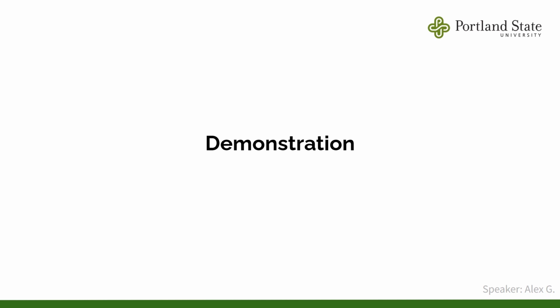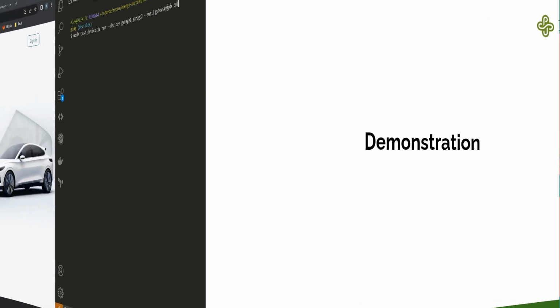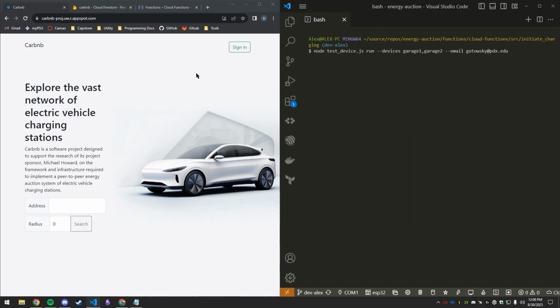And the best way to illustrate the system would be with a demonstration. So here we are with the production site for CarBnB on the left, and on the right side is a terminal that I'm going to use to emulate two electric vehicle chargers. I'm going to give them the aliases of Garage 1 and Garage 2, as well as provide an associated email address here. I'm going to hit enter to run the script, and we can see that the two devices are